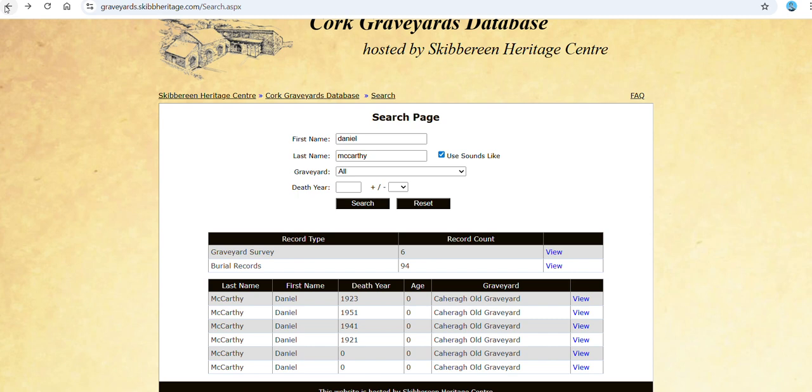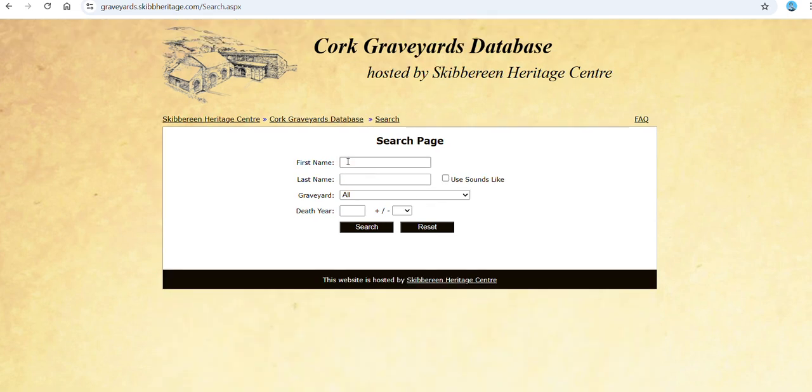So that's a very handy thing to know. So we'll just click Reset there now. So now we've looked at using different names. Of course, you could just use Connolly. Now, if you did Connolly in all the graveyards, I should imagine that would take a very long time to